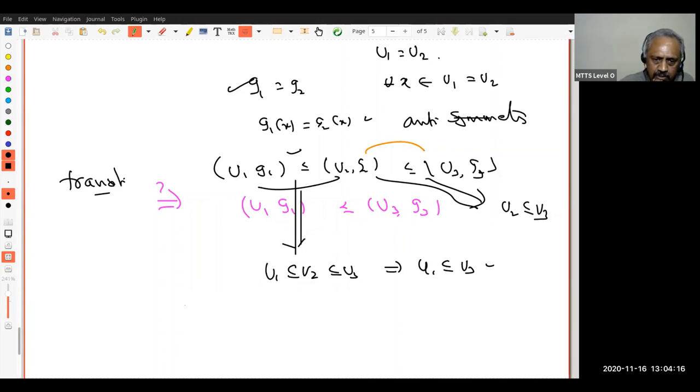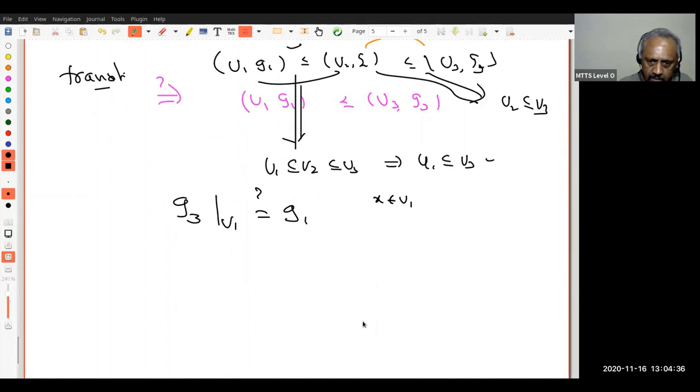Next, what do I have to prove? g3 restricted to u1 is equal to g1. Yeah? If I want to say u1 g1 is less than or equal to u3 g3, what should I do? Restrict g3 to u1, I should get g1. Right? Okay. Now let x belong to u1. Yeah? Now what do I know? Since x belongs to u1 and u1 g1 is less than or equal to u2 g2, therefore I know, okay, this is contained in u2, therefore g2 of x is g1 of x. Do you accept it? Because of this,